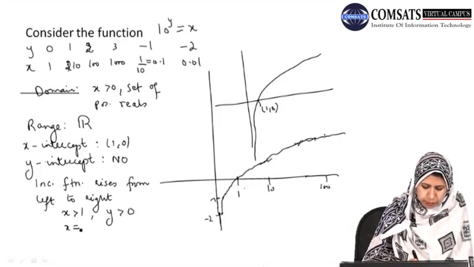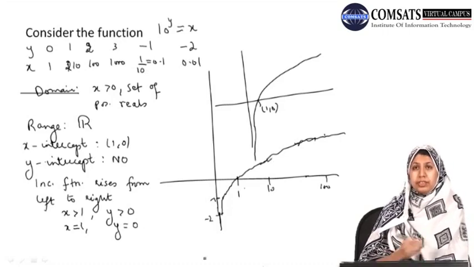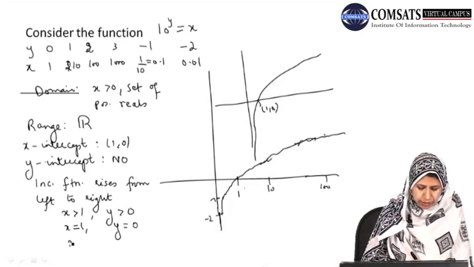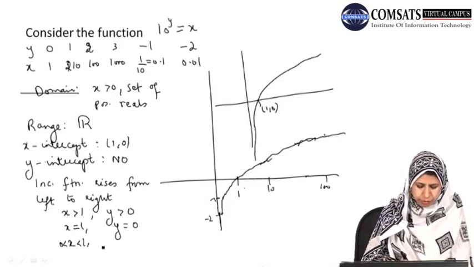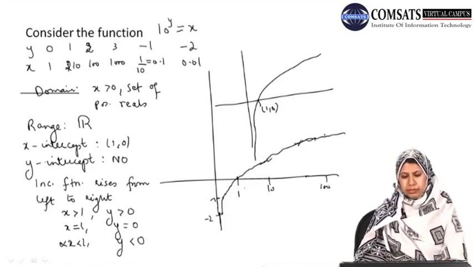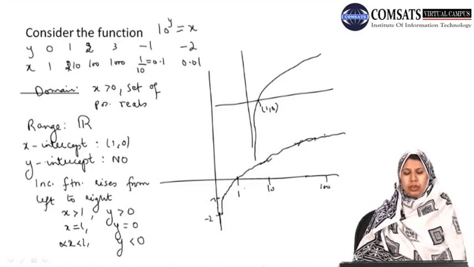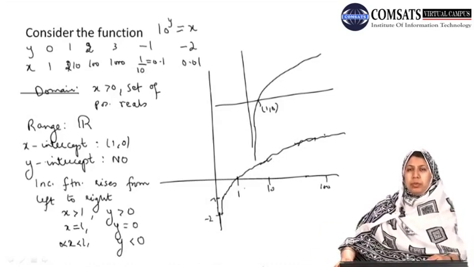When x is equal to 1, we have an x-intercept, that is y is 0. And when x is between 0 and 1, the values of y are negative. So this is basically the graph of our logarithmic function with our domain as the set of all positive